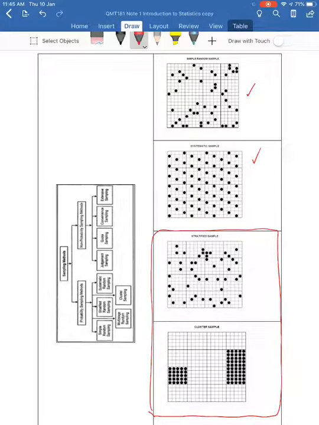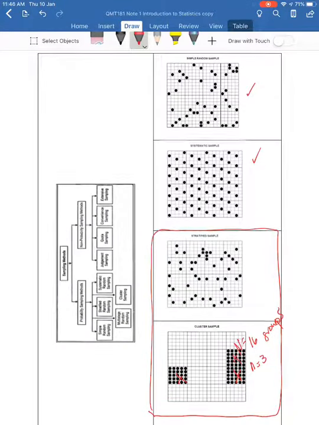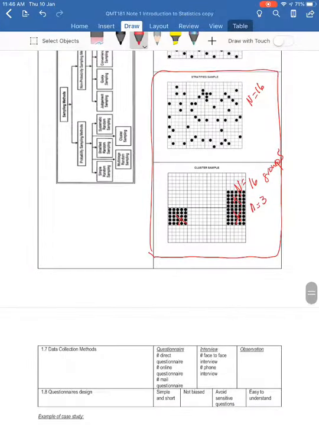Very obvious, a difference between the two is cluster sampling. You can see here there are 16 groups, and selected are 3 groups. From 16 groups, the sample comes from 3 groups, this group, this and this. And the 3 groups involved include everyone in those groups. This is different from stratified. Stratified involves all the groups, all 16 groups, but it takes representatives from each group. So this is very different, stratified and cluster.